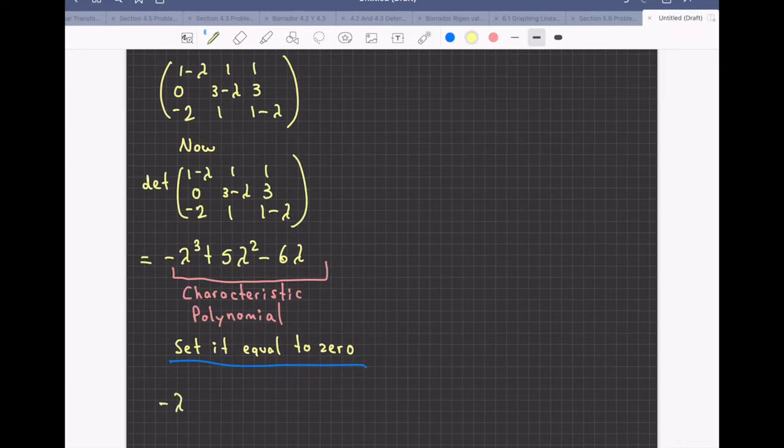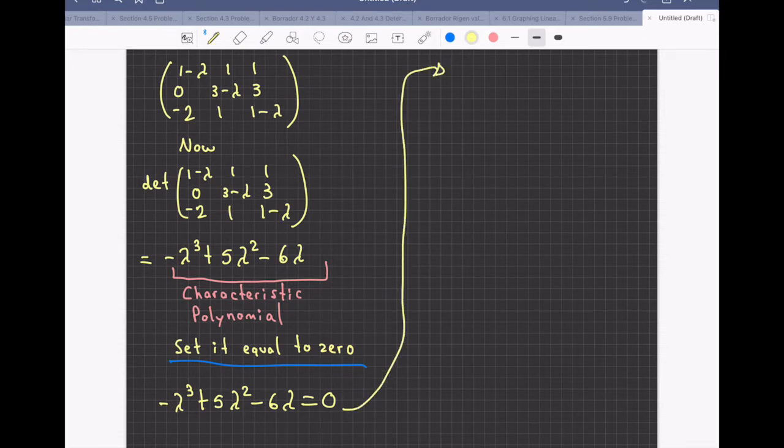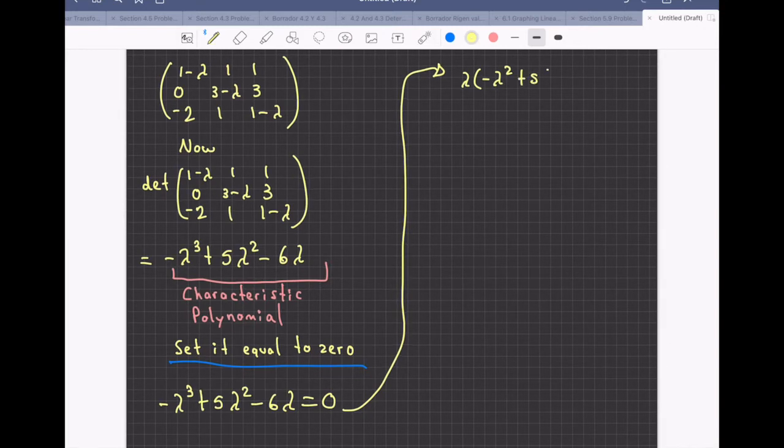We have negative lambda cubed plus 5 lambda squared minus 6 lambda equal to 0. And we have to solve this polynomial. If we solve this, notice how I can factor out the lambda here. So I have lambda times negative lambda squared plus 5 lambda minus 6 equal to 0. And this expression inside can be factored as, well, this is lambda